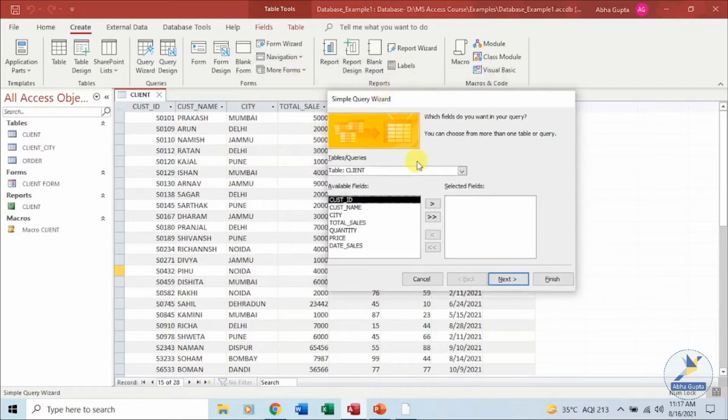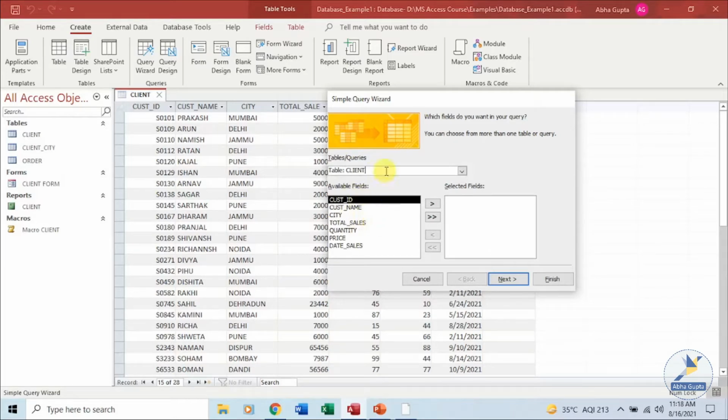The second step, if you have a database open, like I have a database example 1, and if you have multiple tables in your database, you have the option of selecting the table from which you want to retrieve the data, which will be used for your query design. Once you select your table, it will ask you which fields you want to display in your query.